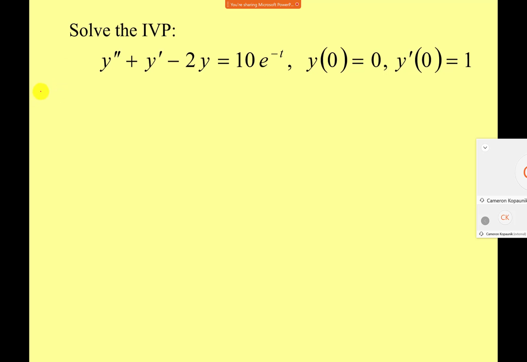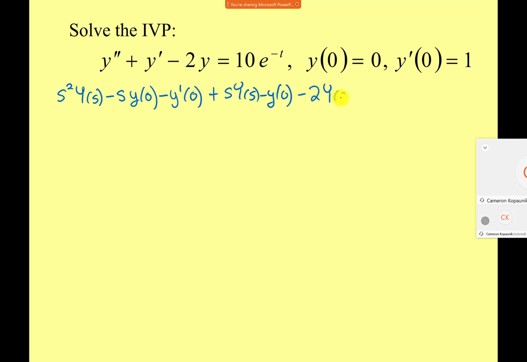Okay, it's s squared Y of s because it was a second derivative. Then initial conditions: you start with the initial conditions, you decrease the s by 1 and start with an initial condition, and these are always subtracted, and then the next one would be the derivatives of the initial conditions. So that was our y double prime transformed, and then we have plus s Y of s minus y of 0, that was our y prime transformed, and then minus 2 Y of s, that's the transformation of y there,